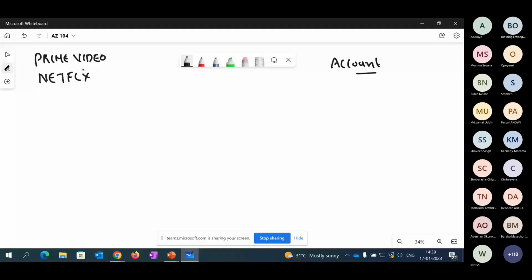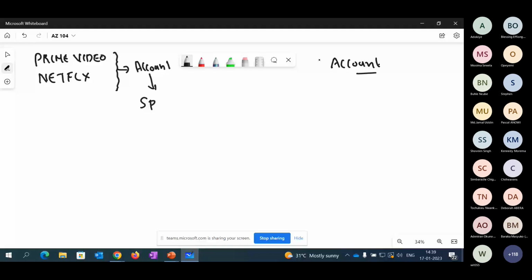Now, if you take all these products, to use one of them, the first thing is that we create an account, right? All of us may have created an account. The second thing is that once the account has been created, you take a subscription plan, right? Basically a 6 months, 3 months, or 1 year plan you are taking from that particular vendor. Now, in a similar way in Azure also,